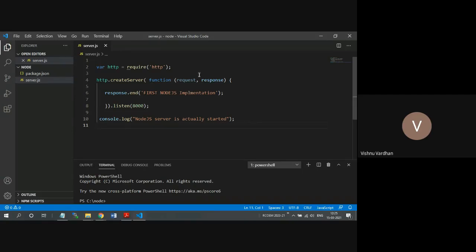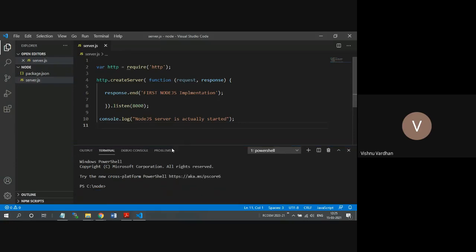So Visual Studio Code is a common platform where you can do your coding under a particular technology. You can see how to start things up in Visual Studio Code. Underneath this, this is my server.js.